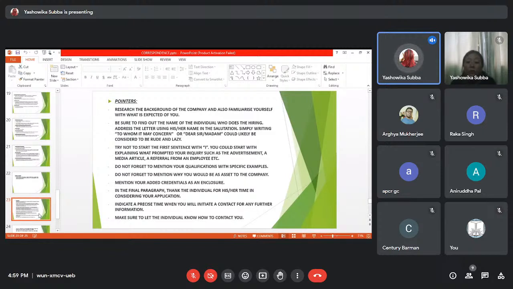Secondly, be sure to find out the name of the individual who does the hiring. When you do that, it makes it easier for you to write the letter because you know the name of the person. It makes it easier while writing the salutation. I had mentioned earlier that if you don't know the name of the addressee, you can just write 'To whom it may concern'. That is correct. But what it does is